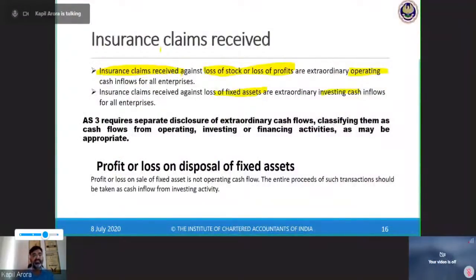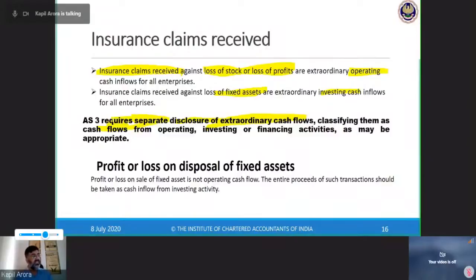So it says disclosure of extraordinary item should always be shown separately. We should not net it off or club it with any other item. Right? Moving further,